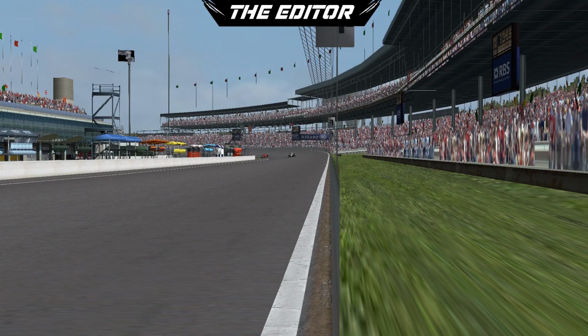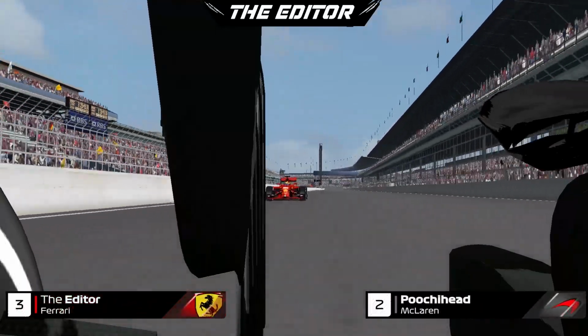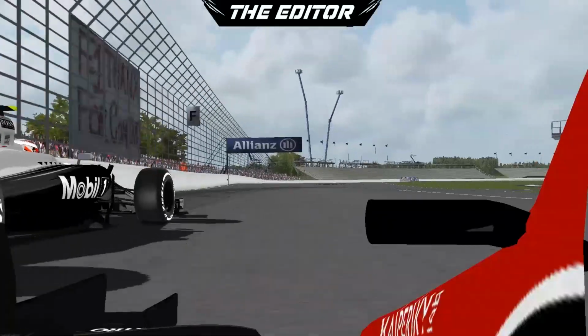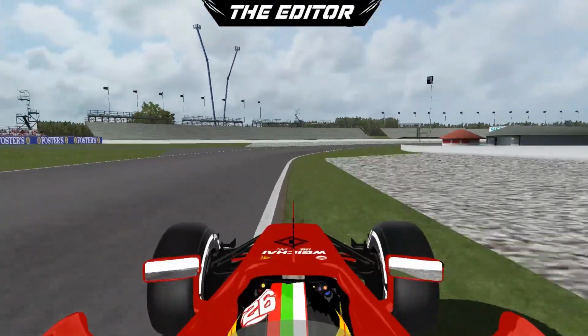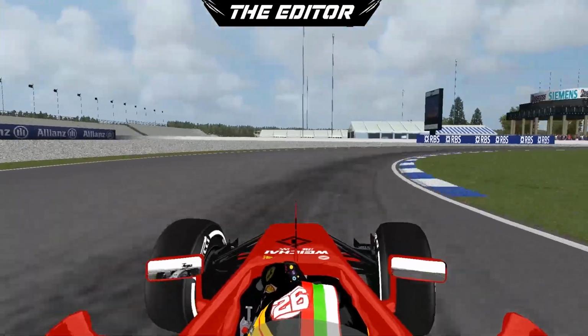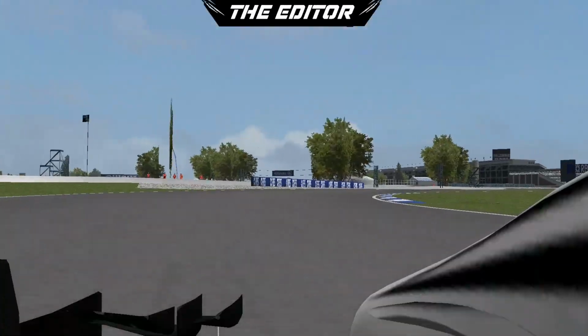The slipstream on this straight and on the bank section is really powerful. As you can see, we are gaining and gaining and gaining. We are really close to Pucci, and we go for the late launch on the inside, way too hot on the brakes. He tries the switchback, he goes around the outside, then switches to the inside and the outside for the next corner. We outbrake ourselves for the second time in this race, and